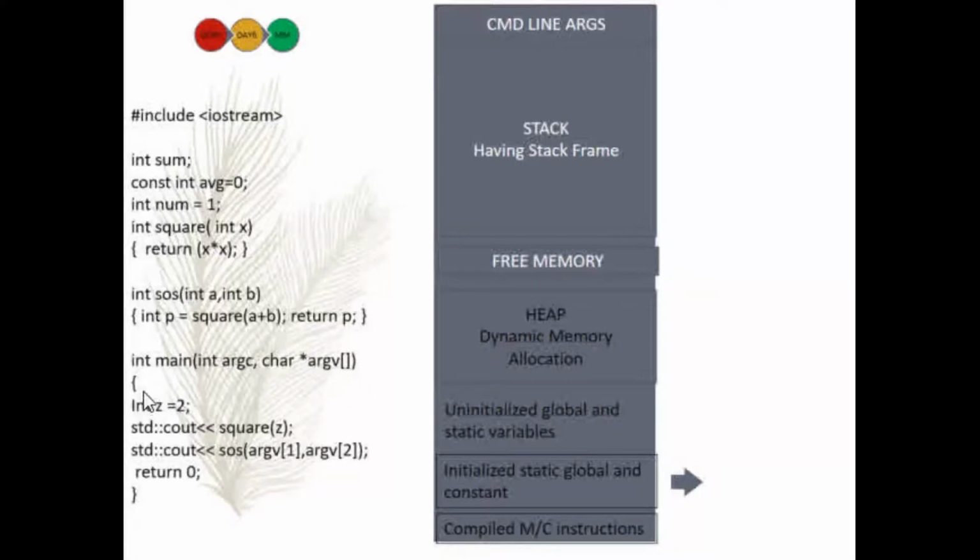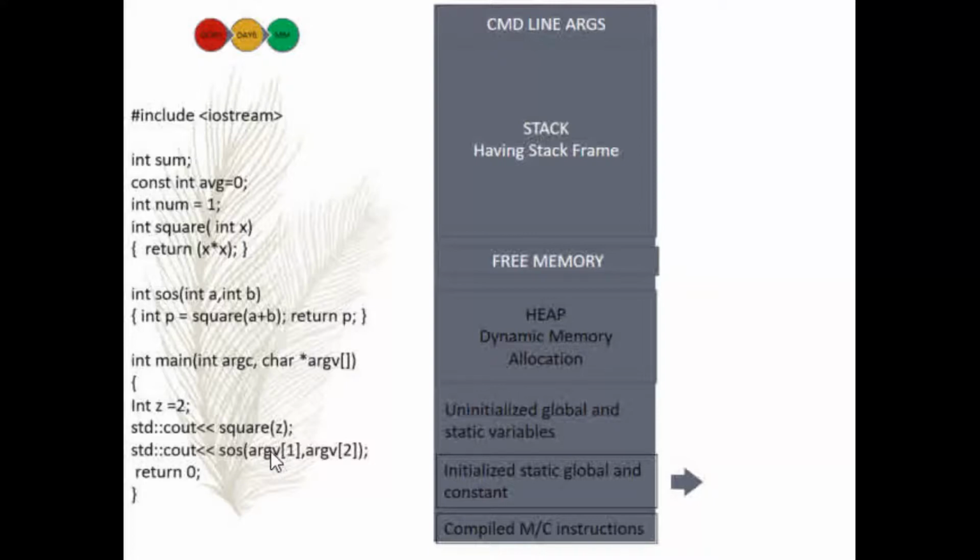We have a variable z equal to 2. We are outputting the value of square of z by the function call, and we are again calling the SOS function, that is square of sums function, with 2 arguments which will be passed during runtime as command line arguments.